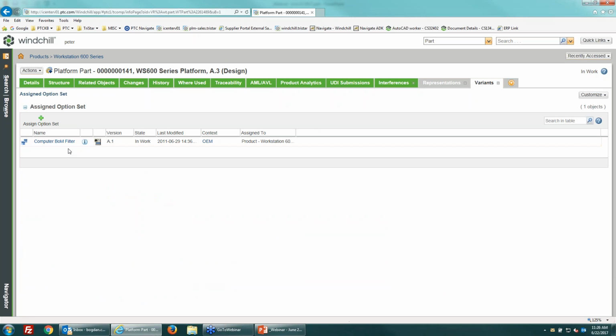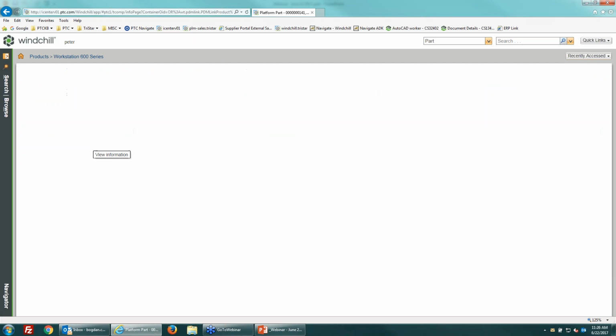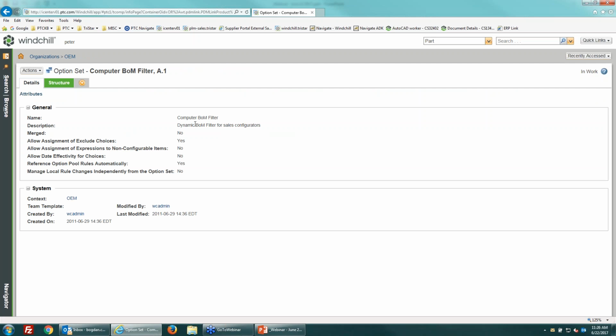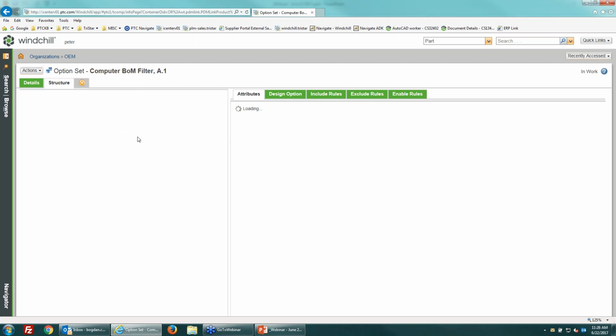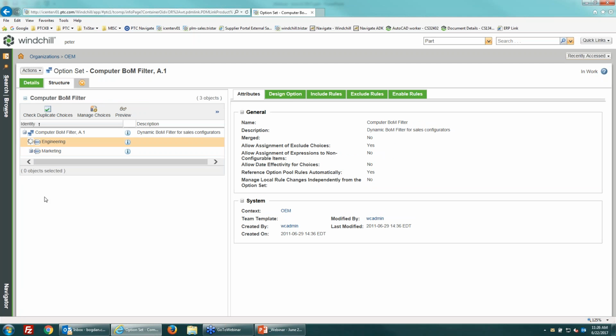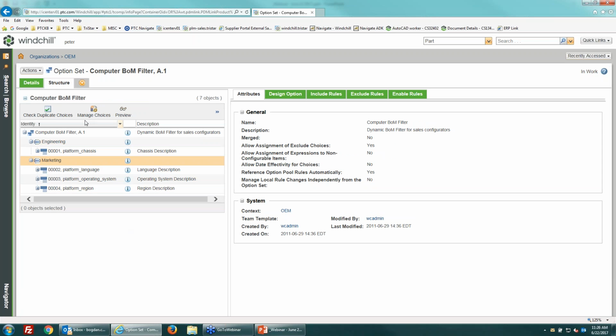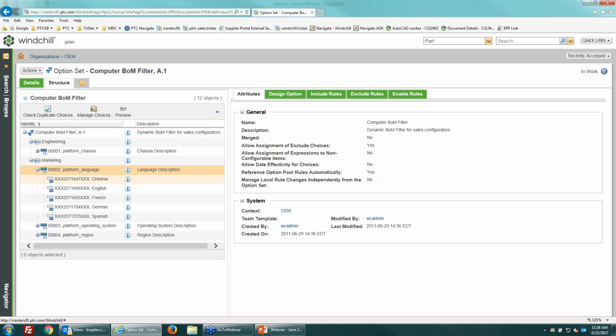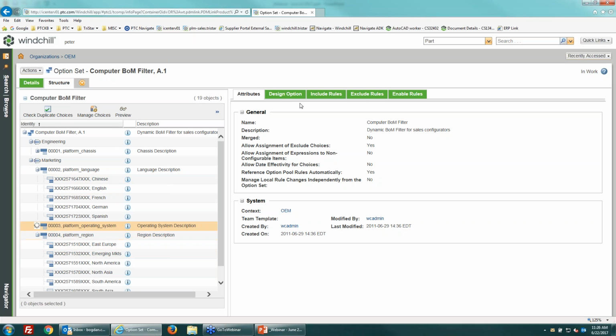So there's one assigned option set to this that was created for this part, and if I take a look at this set, this one will show me the attributes that were selected. So if I take a look at those previous attributes, so those choices that I selected, I could have created those and saved it from an option set that was predefined, so I can take a look at what that was used, and then